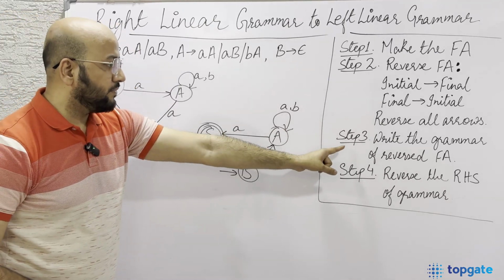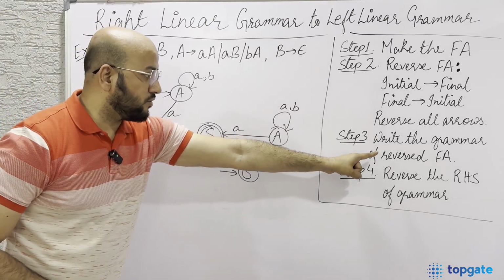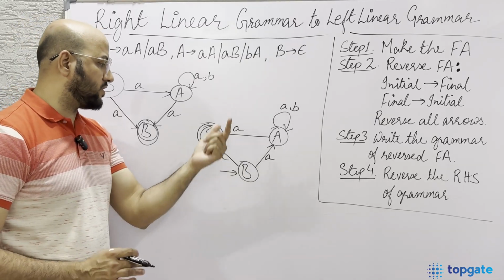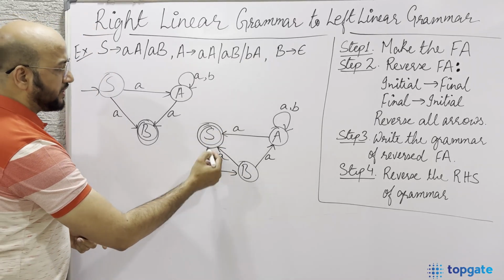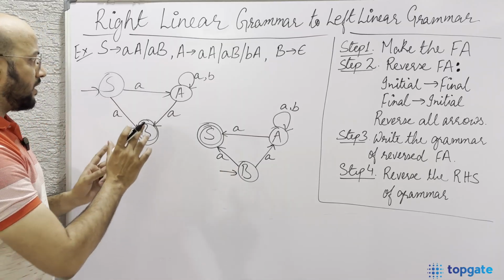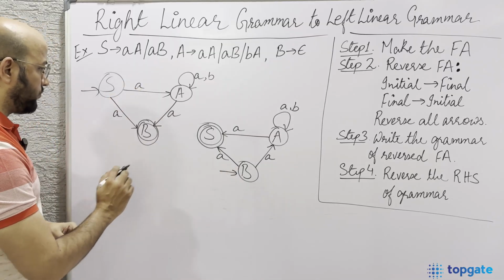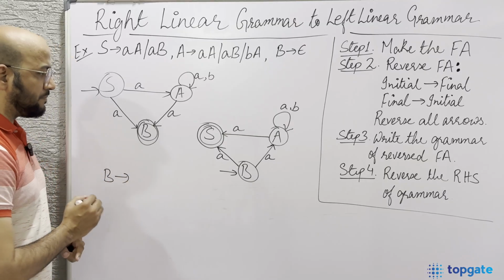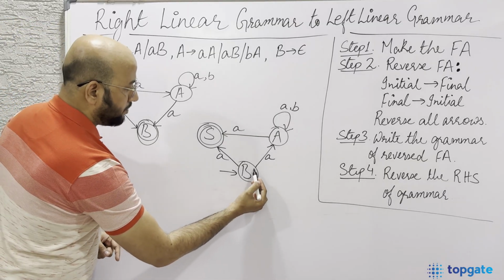Now step 3 says that now we have to write the grammar of this reversed FA. Now writing a grammar for this particular FA is quite simple. How we do this? Let's see. So we have 3 states. That means I'll write the rules for 3 states. So first initial state here is B. So with B what I am having? So with B, B derives